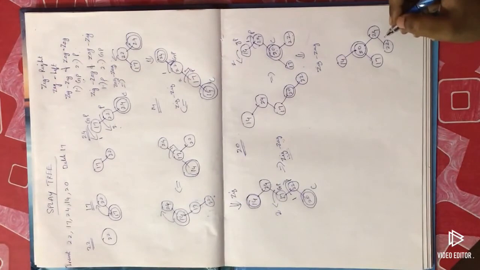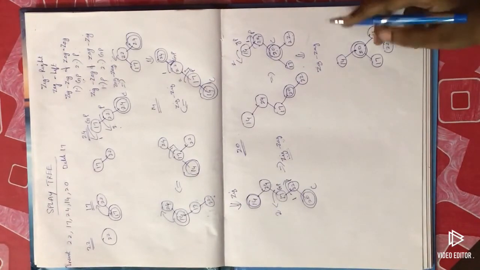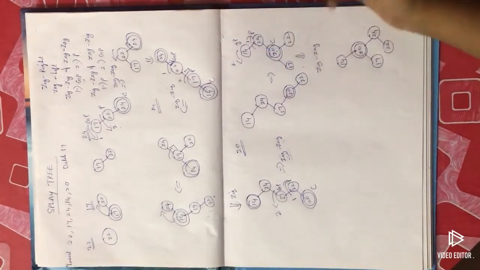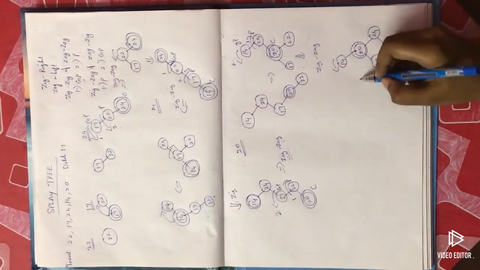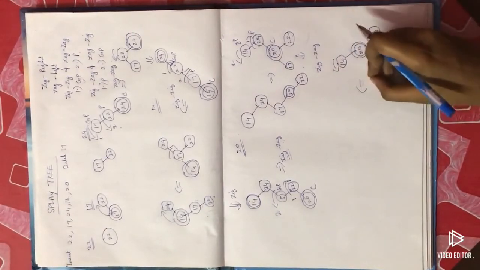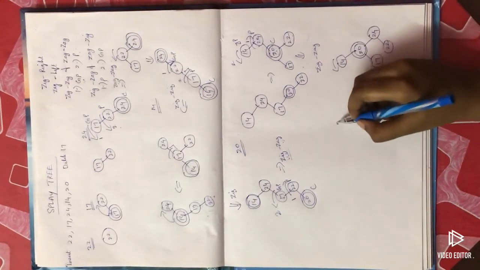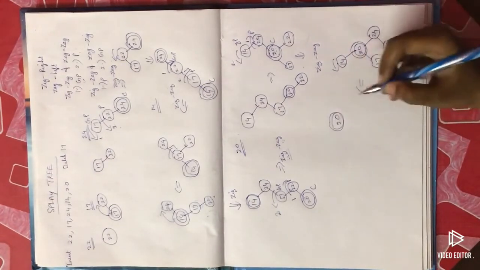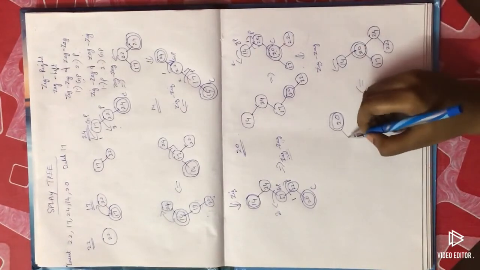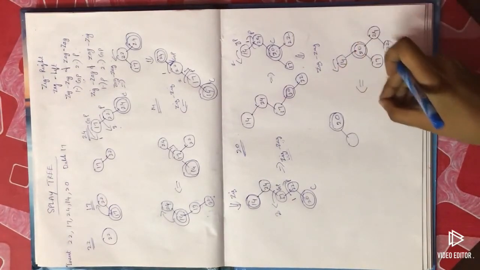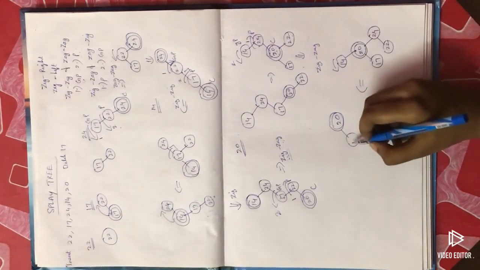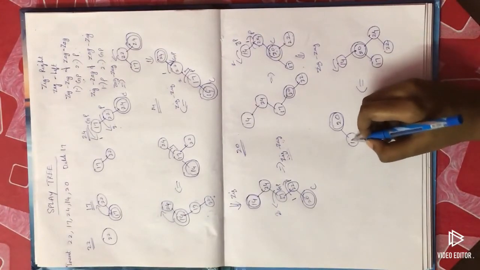Okay. So next again we need to do the left rotation. That is, the grandparent should be rotated to the left side. So here I am going to pull this grandparent down so that 20 will be made the root element. So if I pull this down, it will come to this position, 14.